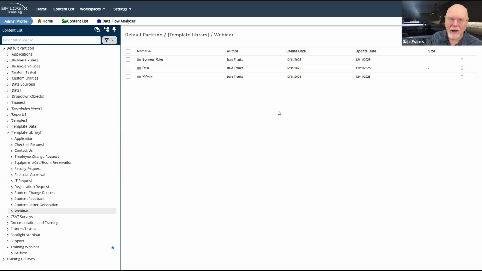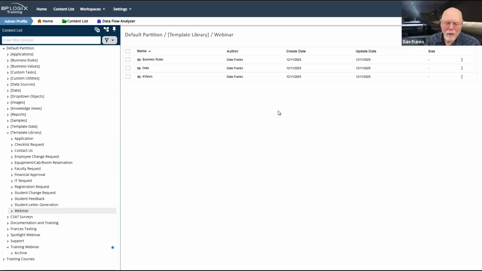Now, could you create a second template for case management applications? You probably could, but the trouble with case management applications is that there's no standard number of forms or process timelines that may be part of a case. So therefore, it's hard to build a template because are you going to have 3 forms and process timelines, 2, 5? You don't really know. It varies case by case.